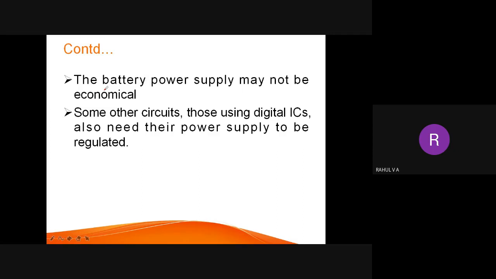For example, just assume that you have to replace the battery of your cell phone. It is not a chargeable battery, it is a fixed battery. And daily you are using it for some 5 to 6 or 10 to 12 hours. So if every day you want to change the battery, it is not economical for you. Every day you have to spend some 50 rupees on that. So the most economical method that we are following now is daily charging it and using it. Okay, so we have to make power supply circuits.